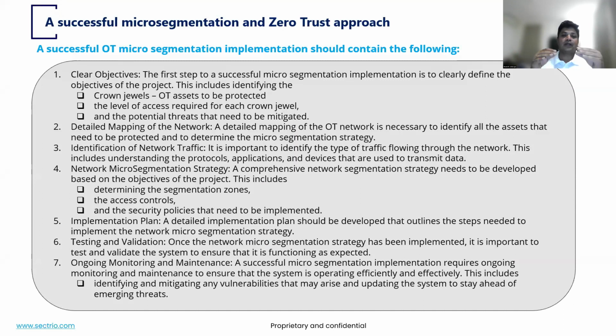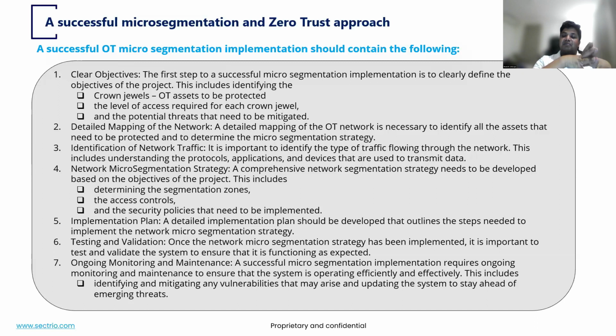And also, there can be a lot of resistance from the OEMs on whether microsegmentation will impact the operations, because they have signed up for an SLA, and will the system bring down the OEM related things. But these are all the resistances that are built, but